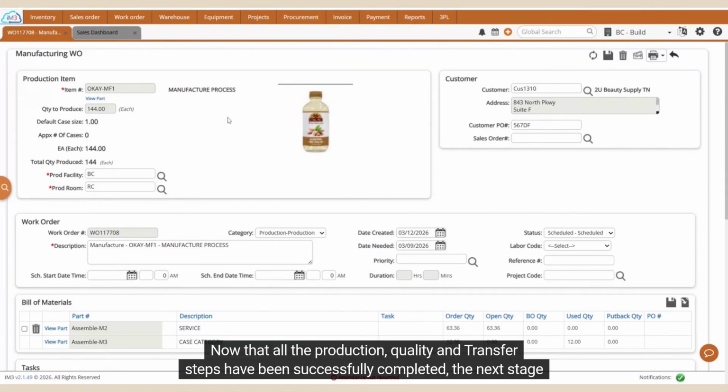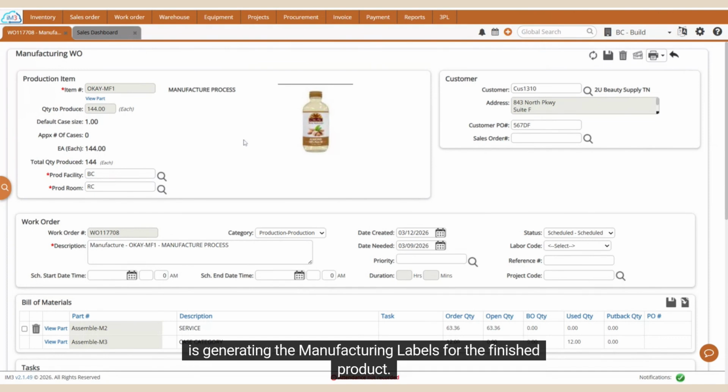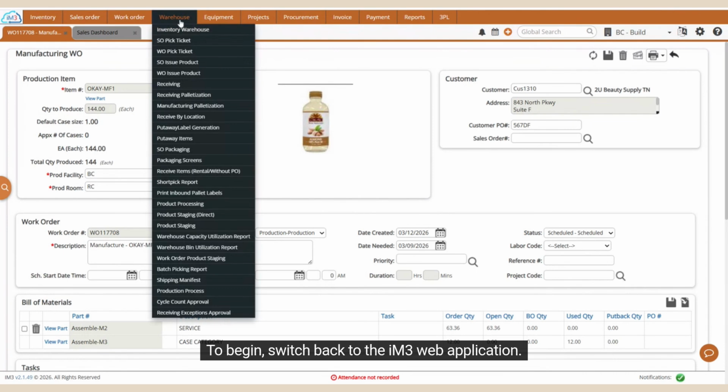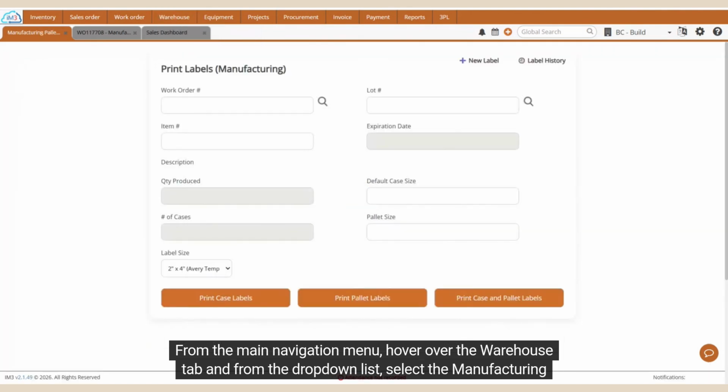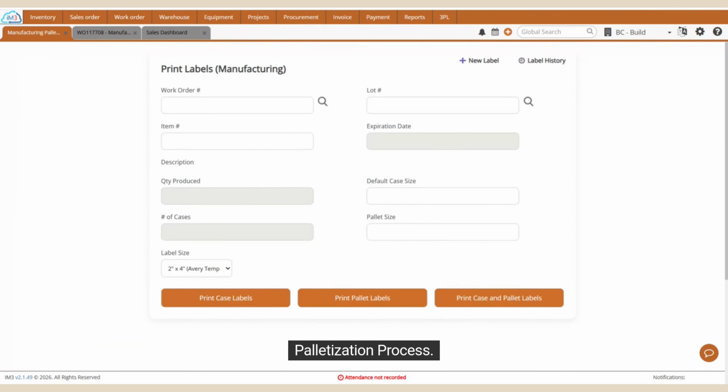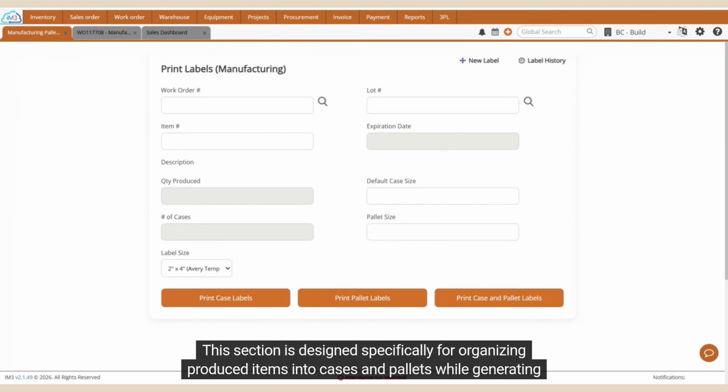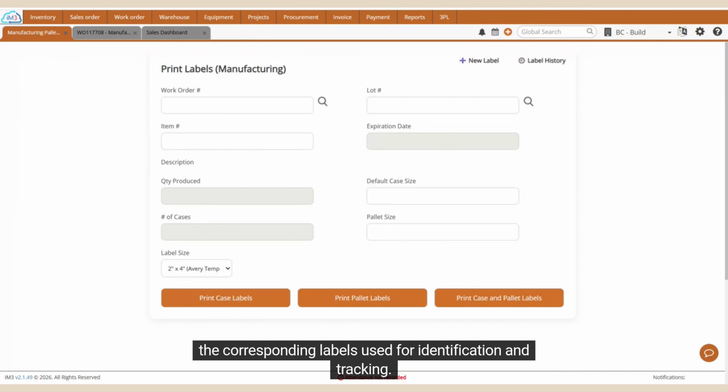Now that all the production, quality, and transfer steps have been successfully completed, the next stage is generating the manufacturing labels for the BOM finished product. To begin, switch back to the iM3 web application. From the main navigation menu, hover over the Warehouse tab, and from the drop-down list, select the Manufacturing Palletization process. This section is designed specifically for organizing produced items into cases and pallets, while generating the corresponding labels used for